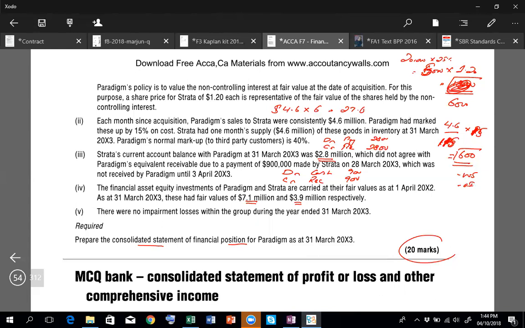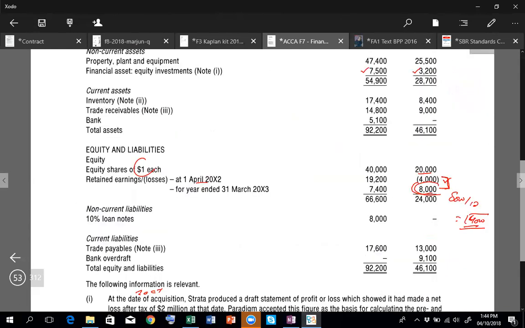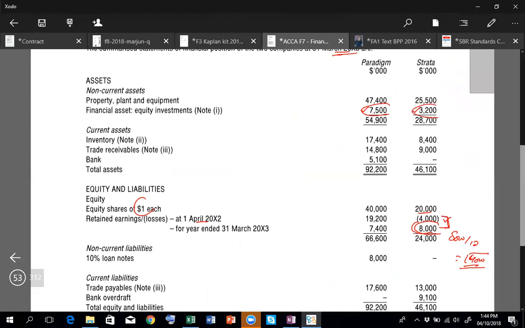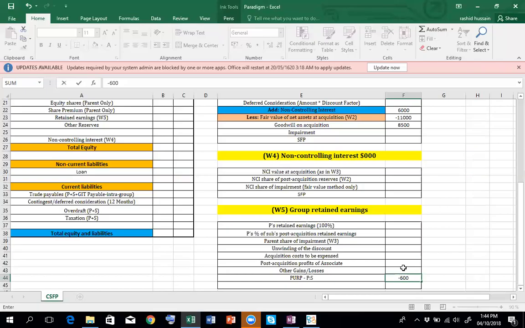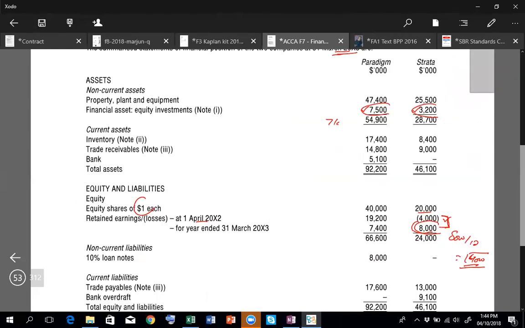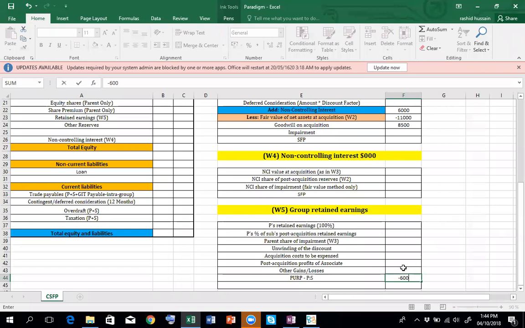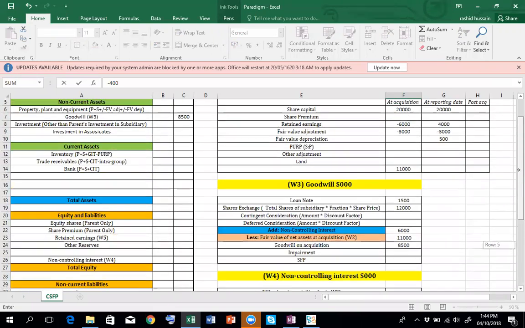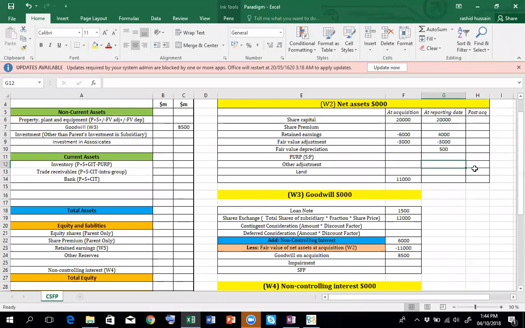Then the financial asset, which is shown in the balance sheet. If you see, the financial asset of the parent was 7,500 and 3,200. Now it is 7,100 and 3,900. That means the subsidiary has a profit gain on that of 700, and the parent has a loss which is 400. So the parent loss belongs to working number 5, so we're going to deduct 400 from here, and that 700 belongs to the subsidiary, which we will be adding in the reporting date. So now we can also